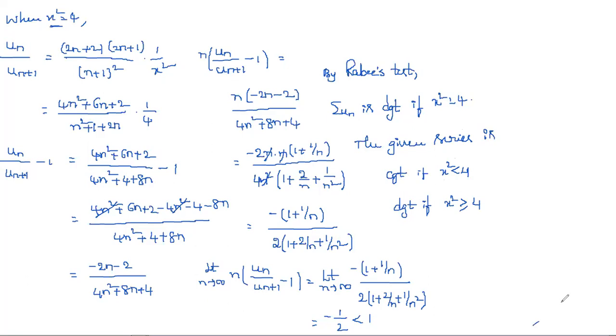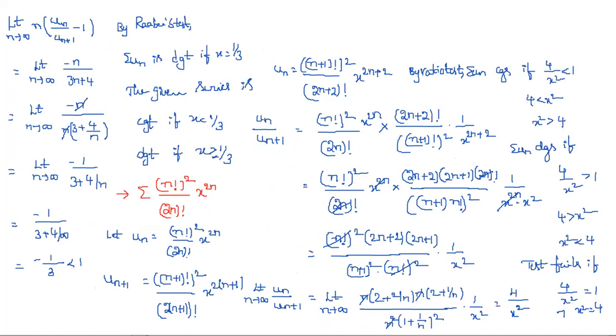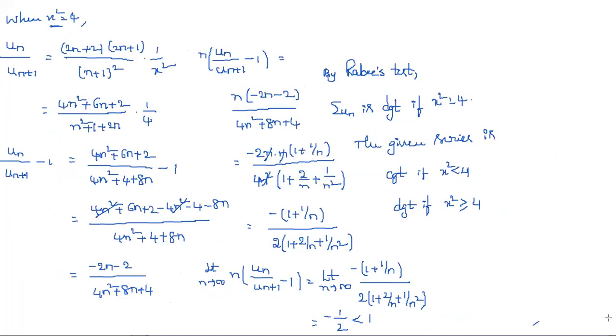So simply, one procedure. First you need to find un by un plus 1. After finding un by un plus 1, you need to write the statement using the ratio test, where it is convergent and where it is divergent, and in which case the test fails. If the test fails, you can simply write that. Here, directly the Bn term is not available for applying comparison, and we can't substitute the limit directly either, and geometric series is also not possible. So for that we are applying Raabe's test. Okay. Next, I hope you understood. Any doubt in this?